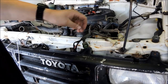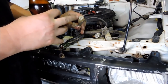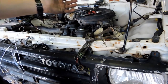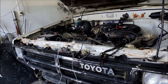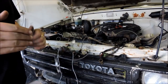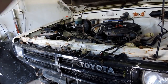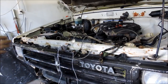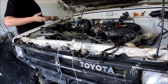So now what I can go ahead and do is run this wire, or a trace off of that wire, over to my starter motor, and then I've got this thing turning over on the key with the diesel wiring loom. Okay, so the next wire I need to find is a constant 12 volt as soon as I turn the key on, and that's going to power the coil. So the coil needs a constant 12 volts while the engine's running. So I need a feed from the key that's going to be on when the key's on,